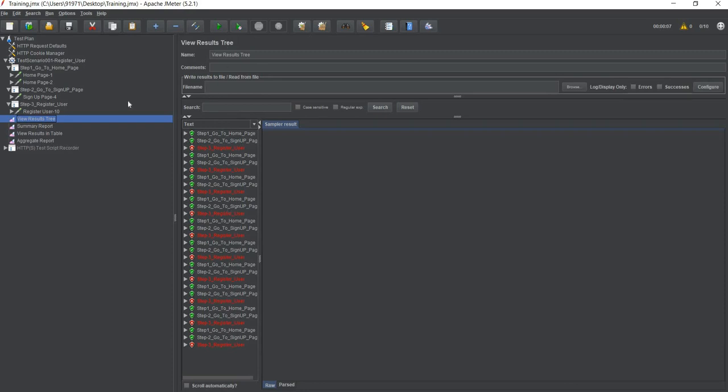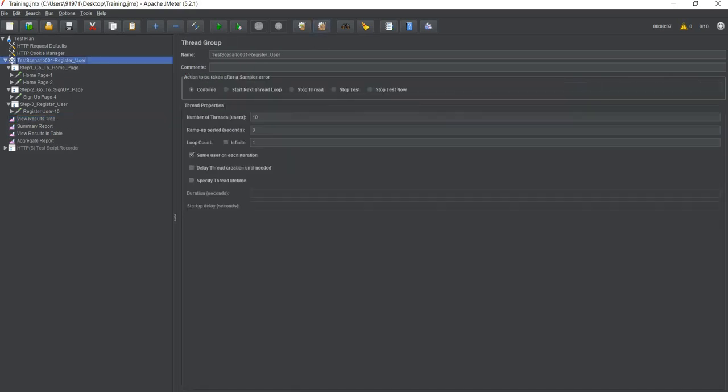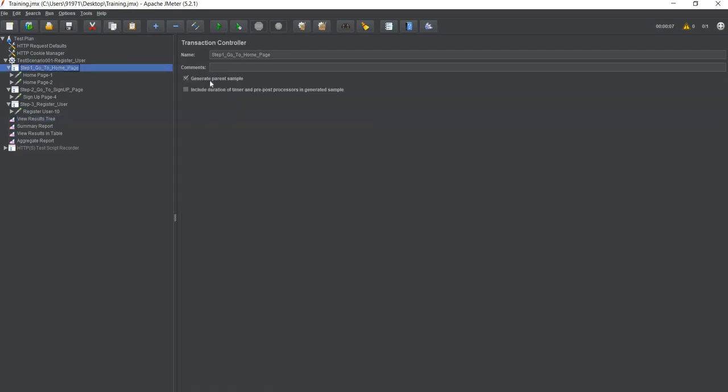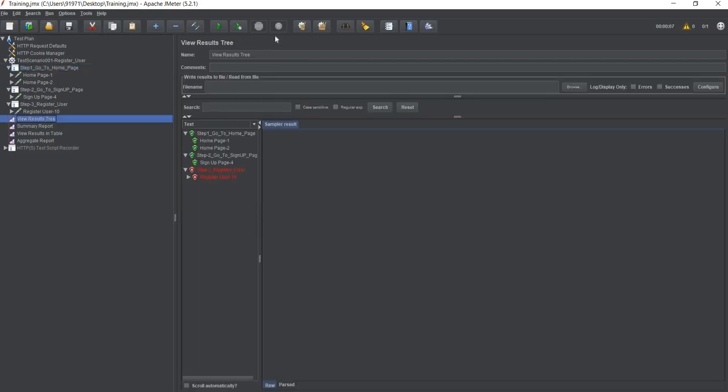This is done 10 times. So now let's again, I am clearing it all and I am again changing it to 1 and again starting the test. If you see over here, this is the test. Now, the one change I was talking about was this, where I checked this box. Last time when we used the view results tree, everything was not coming in an order, and it was very difficult to identify the response and request.